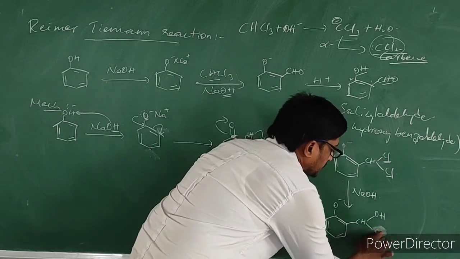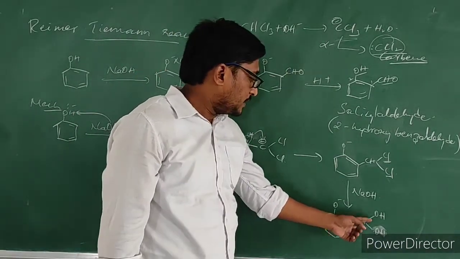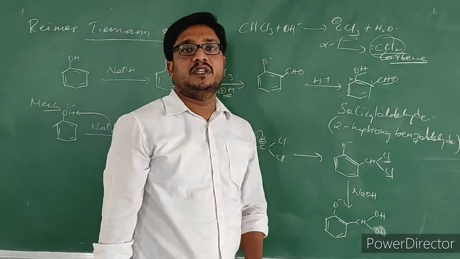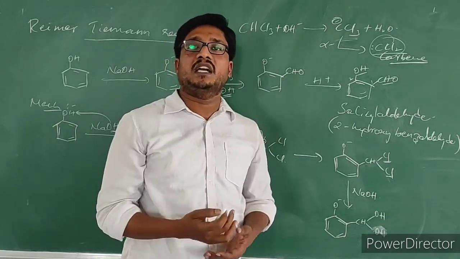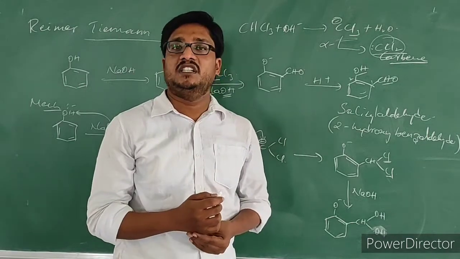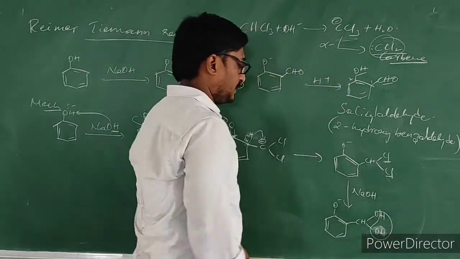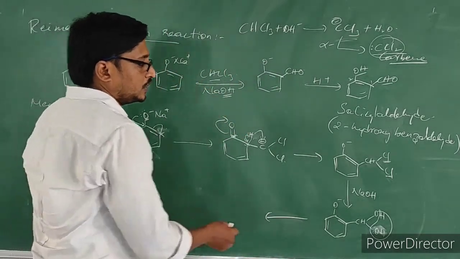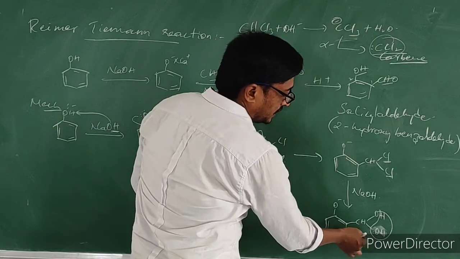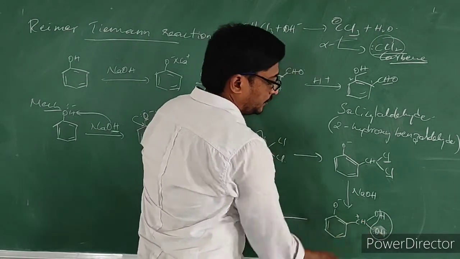these are the products. Now if you see this product, on the same carbon, 2 hydroxy groups are present. If 2 hydroxy groups are present on the same carbon, it will be unstable in nature. So due to that, H2O molecule gets removed in this way. H2O gets removed. So when OH is coming out, OH will come out as OH minus. This carbon will get a positive charge.